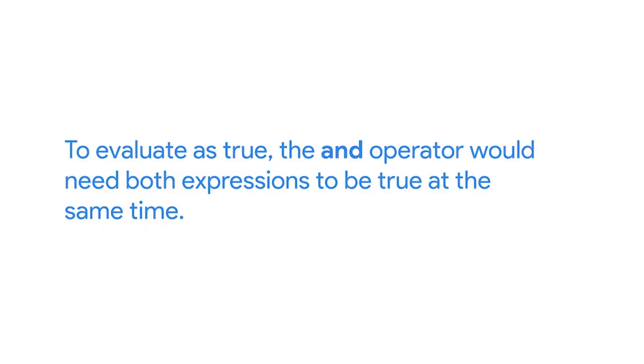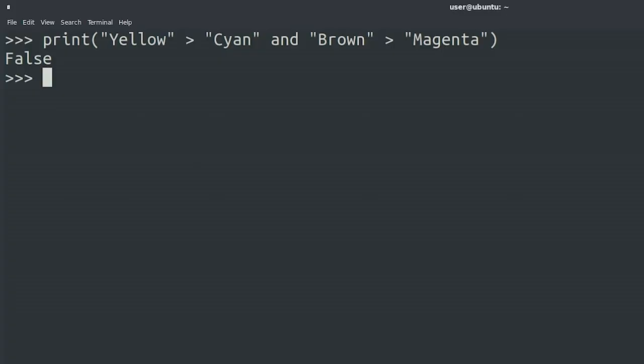To evaluate as true, the and operator would need both expressions to be true at the same time. Here we're comparing strings, and the bigger and smaller operators refer to alphabetical order. Yellow comes after cyan, but brown doesn't come after magenta. So this means that the first statement is true, but the second one isn't,